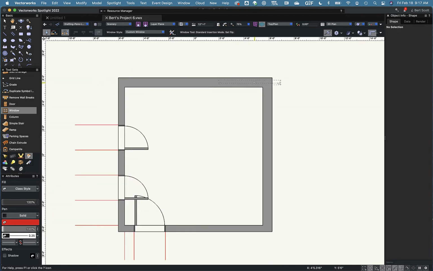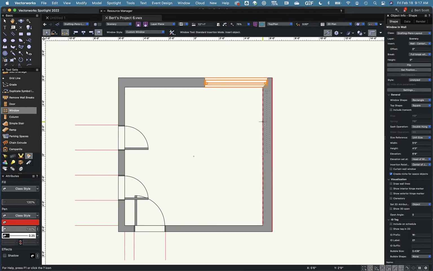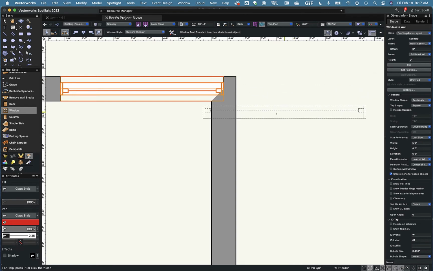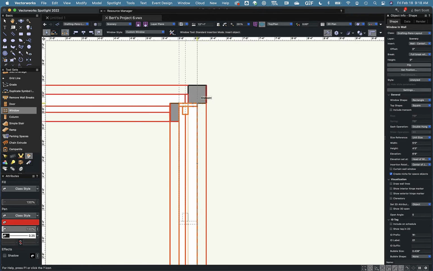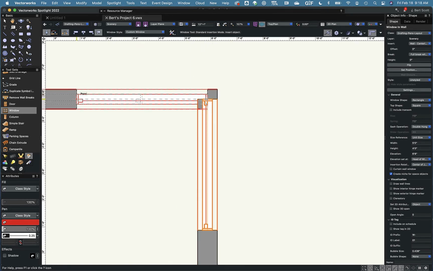Well, or not. That didn't seem to work. Let's try that again. Window. All right, I'm going to put it here, and you'll notice it inserts it so it doesn't go all the way to the end. Sort of, if I put it close to the end, it will insert it so that if you look at the center line of the wall, it will put it sort of